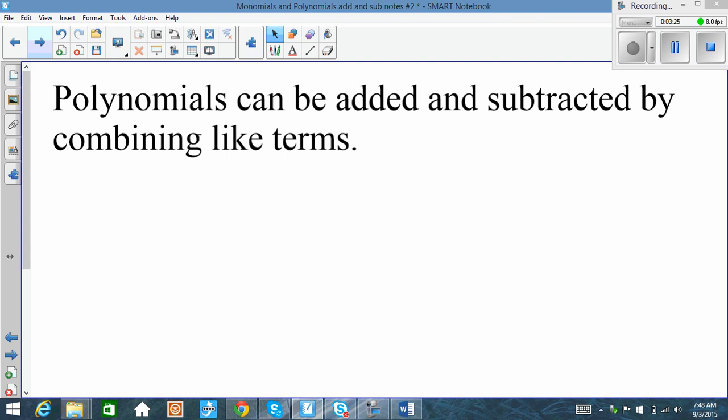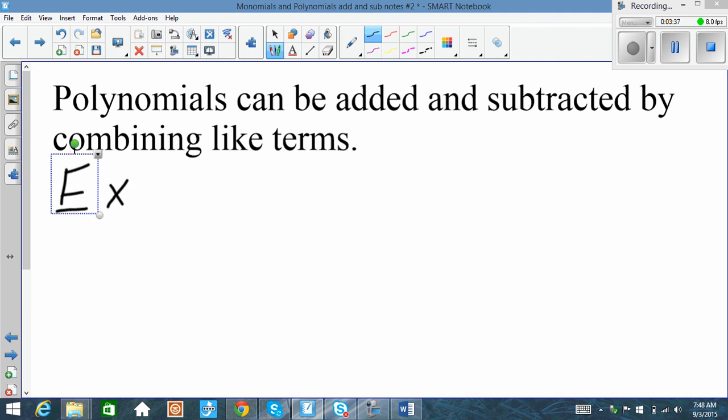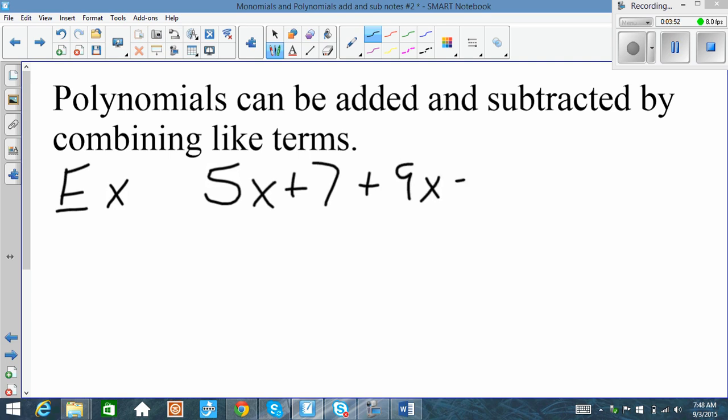Polynomials can be added and subtracted by combining like terms. So here are some examples. We'll start out with a simple one. So if I had, let's say, 5x plus 7 plus 9x minus 10,